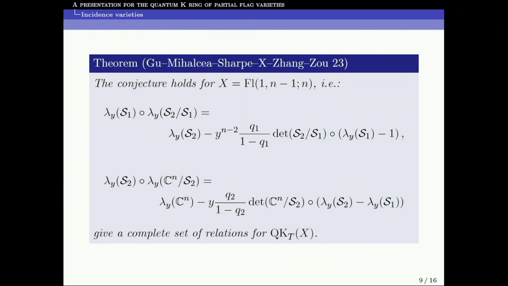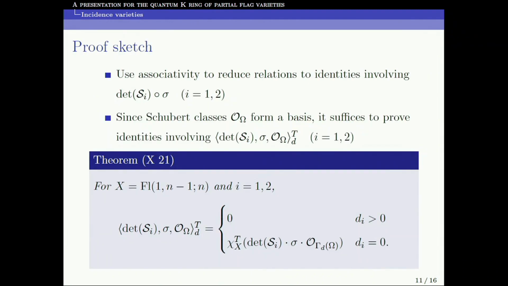So we proved this conjecture completely in the case of incidence varieties. This is a two-step flag variety, so we get two sets of relations, one for each step. Our proof relies on this formula I proved in my thesis. It says that three-point K-theoretic Gromov-Witten invariants, where one insertion is the determinant of a tautological subbundle, another insertion is a Schubert class, and the last insertion is arbitrary,